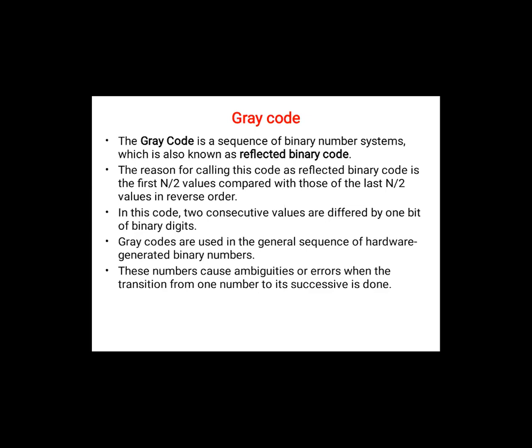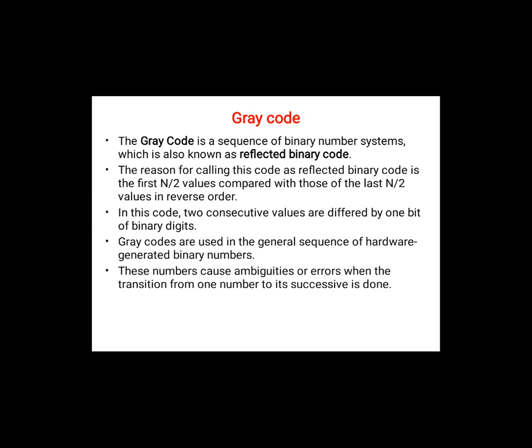Okay, so only one bit at a time will change, and when you see the series, I'll show you. At that time, when you write in the order, you have to change only one bit, and then automatically the half portion that remains, when you write the binary 2-bit, 3-bit, 4-bit, it comes like a reflection. So this is what you have to remember. Only between two consecutive values, it is changing by only 1 bit.